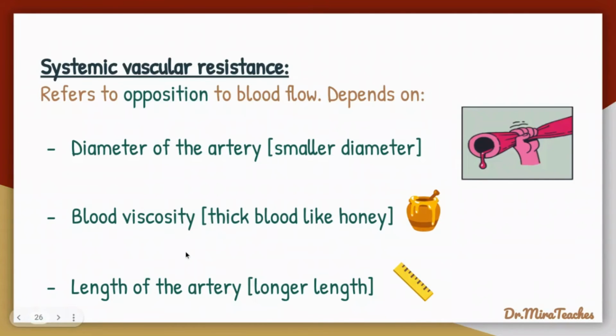Okay. Then the length of the artery. So now having a longer distance at which the blood must flow versus a shorter distance, you realize that the heart will need to work harder to get blood to travel a longer distance as compared to traveling a shorter distance. Okay, so the length of the artery, all right, if it's longer, it increases the systemic vascular resistance. In all these three cases, the heart will have to work harder to get blood moving. Okay, so this is what systemic vascular resistance is about. Anything that will hinder the smooth, quick flow of blood is systemic vascular resistance. And usually, we like to center around the diameter of the artery, especially when it comes to hypertension.